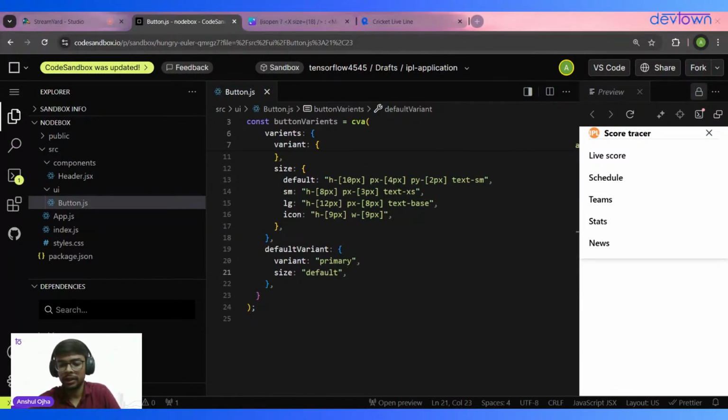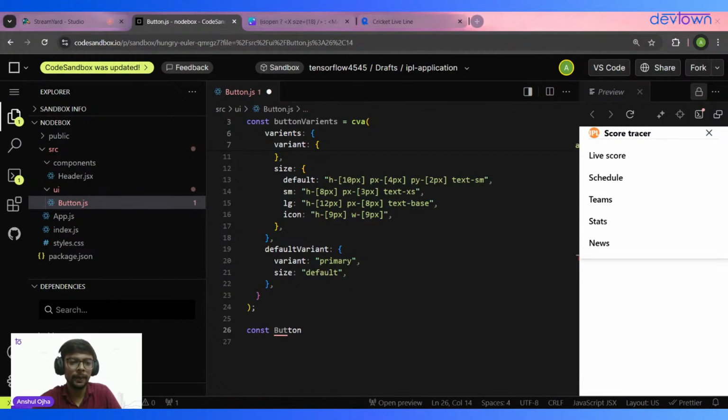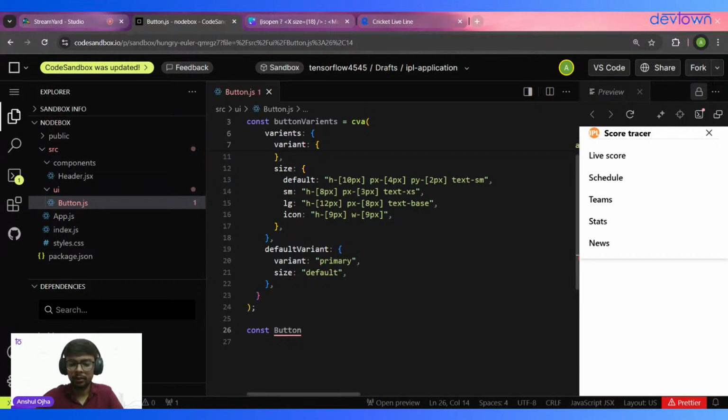Okay. Yeah, great. So let's move forward. Now we have defined this. Same case, we have to return this. Without returning, we can't use it. So we will be writing the post button. Now, this is a different kind of class I am trying to define. Before, I was writing the export default function and then the function name. Now here what I am trying to do is create a const button and then I will be working with it